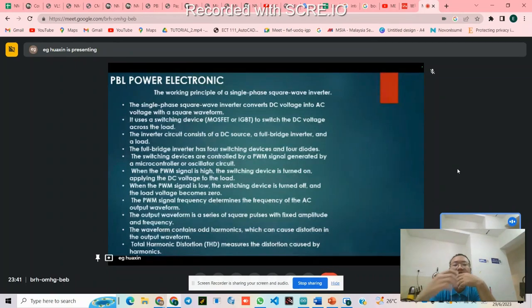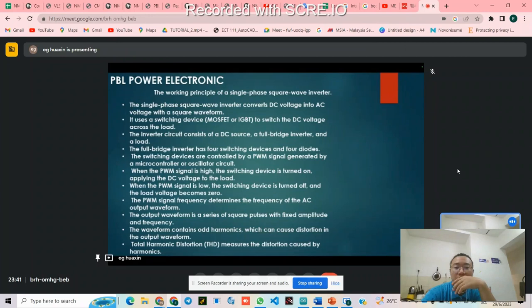So today I will present the PBL power electronics. First is the elaboration of the working principle of a single-phase square wave inverter. A square wave inverter is a type of inverter that converts DC voltage into AC. The working principle of it